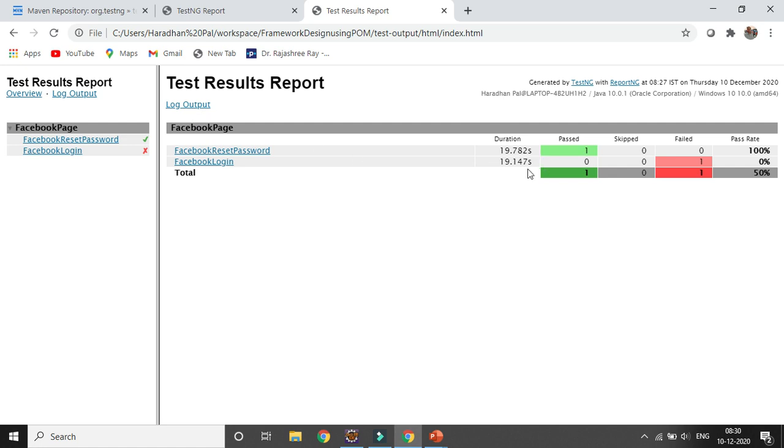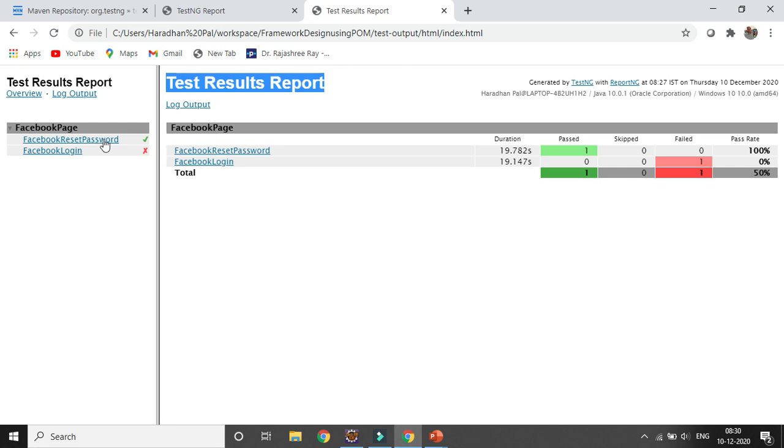You can see the report in a much better format: total duration, pass, fail, skipped, and the pass rate. It is generated by TestNG with ReportNG, with the time and date, December, the laptop name, where Java is installed, the Java version, the Windows version, and the bit version of Windows. So you can get the complete report.